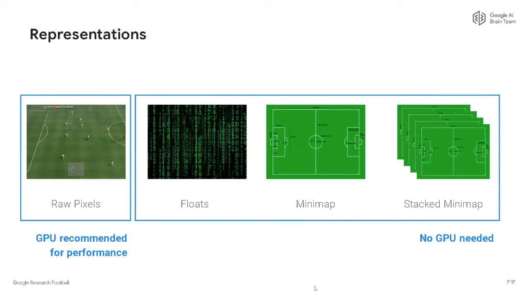There is also the floats representation, which consists of floats encoding positions and speed vectors of all players, as well as the ball. And for some reason, this is another direction for research. This representation doesn't really train that well as minimap, and that might be surprising in a way, because the minimap representation is bigger, so floats are a more compressed form, but still it doesn't really train that well with different